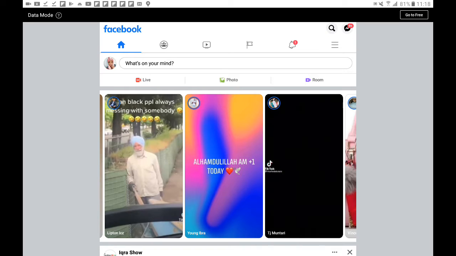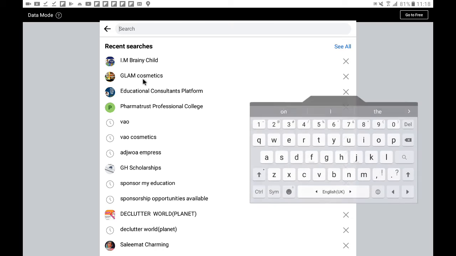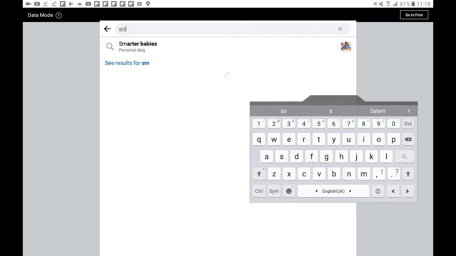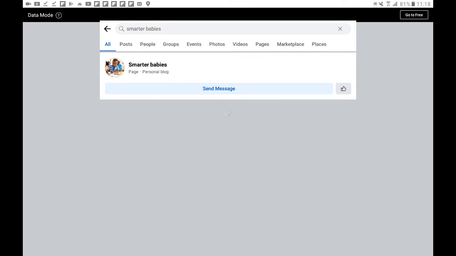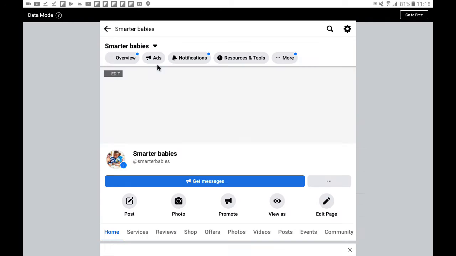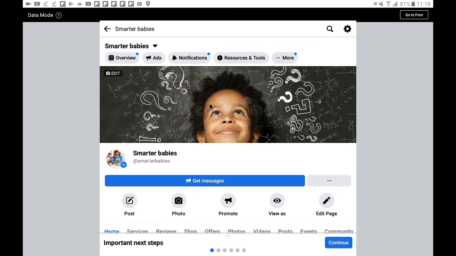Today we are going to learn how to boost our ads on Facebook, to be precise. So we are just quickly going to go to our page. So we'll just set our page, that is Smarter Babies. So it's already popped up here. So we go to our page, Smarter Babies, and then after you have posted the ad, like we said, the